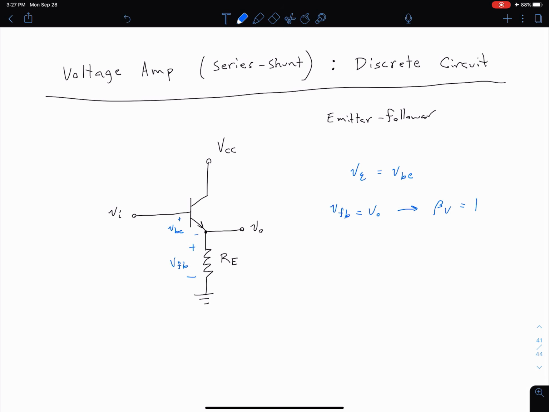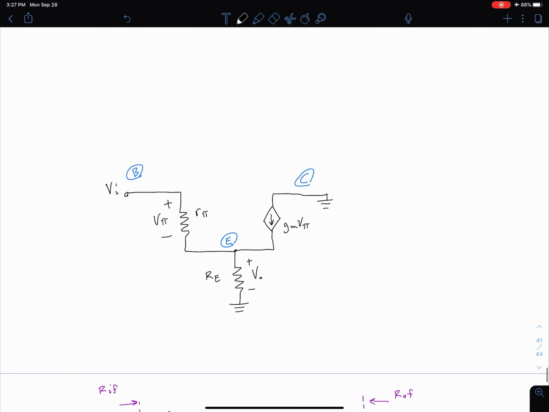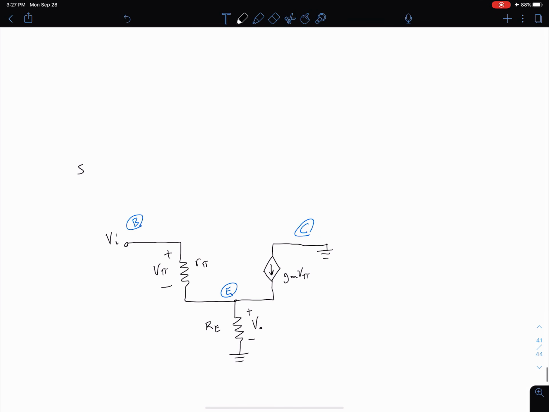So let's take a closer look at this circuit and see if we can't figure out equations for our gain, our input resistance, and our output resistance. And so in order to do that, we're going to look at our small signal circuit. And so in this video, we're going to look at our closed loop gain, A sub VF. And then in the next video, we'll look at our input resistance and our output resistance,